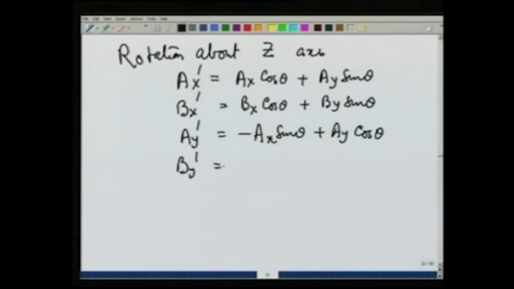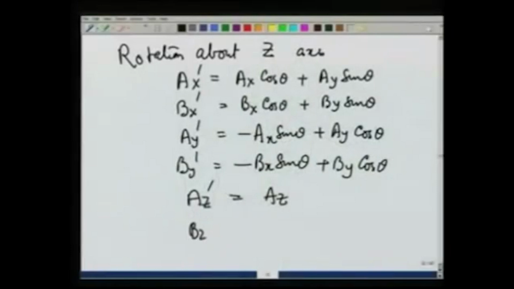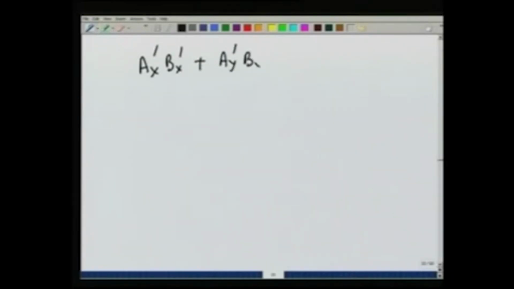By prime would be equal to minus bx sin theta plus by cosine of theta. Az prime would be the same as az, because the z axis is not changing, I am rotating about the z axis. Bz prime would be the same as bz. Now, let us calculate ax prime bx prime plus ay prime by prime plus az prime bz prime, and this would come out to be equal to